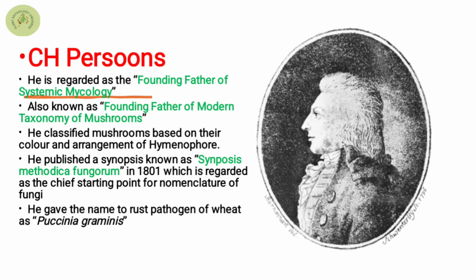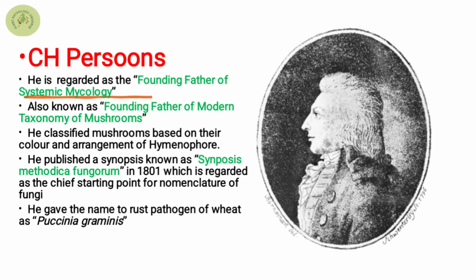Okay, the next scientist that we have is C.H. Persoon, right? As we know that any individual has a particular scientific name. Like for humans it is Homo sapiens, so that concept of terminology was given by Carolus Linnaeus. Similar work was carried out by C.H. Persoon in terms of plant pathology, and that is the naming of the fungi. Particularly initially he worked upon the mushrooms, because you know that the word mycology is derived from mushrooms, right? Initially it was thought that the study of fungi means the study of mushrooms, right?